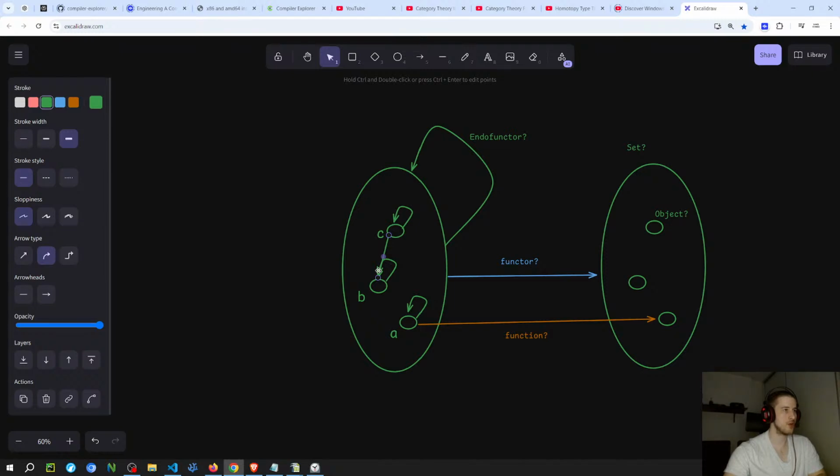So the category I think they talk about is the same as a set. This is something that I'm going to ask there as well, but I think it's pretty much the same. And the endofunctor would be the transformation from a set to itself. So if all these definitions and the way that I'm thinking about it are correct, then I think it's clear to me now what it is.